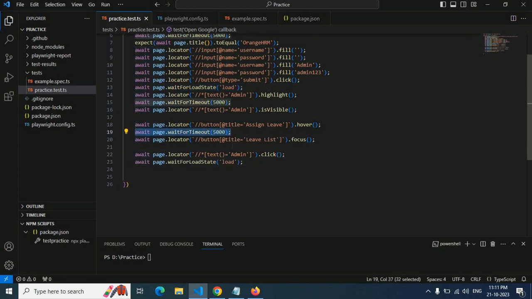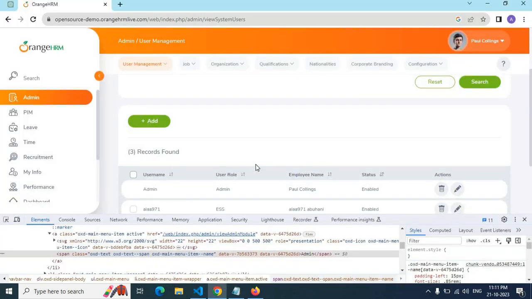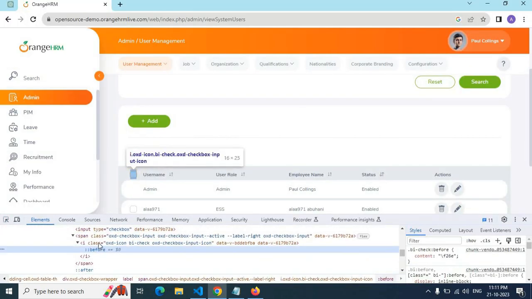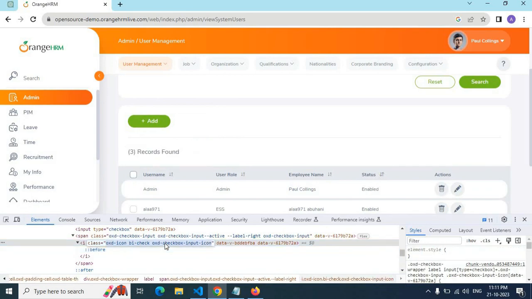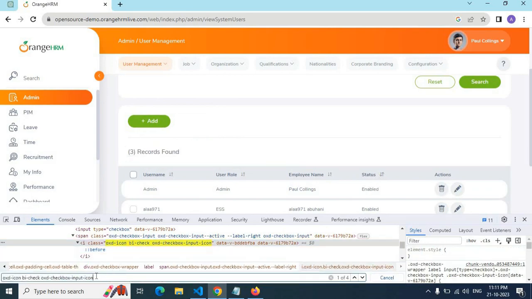And I will wait. I put some time here. So why I'm putting time everywhere is to make the test execution visible. You should also know what is happening, and that's why I'm adding waits here. So after that we have to check this icon. I'm not seeing any unique ID here. Let's try to, we have 4, so